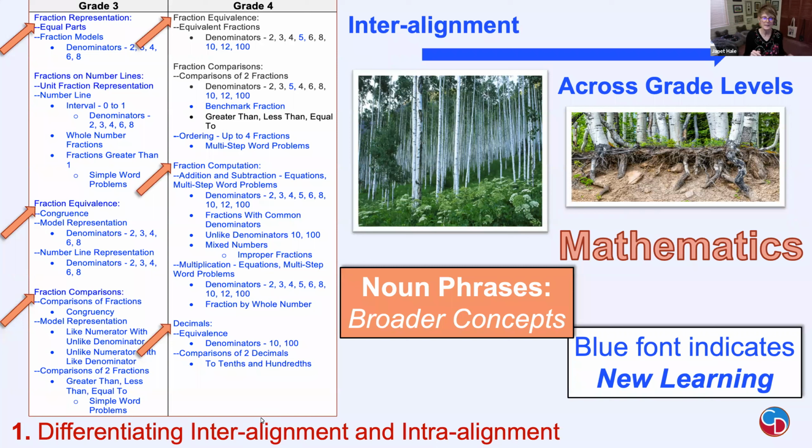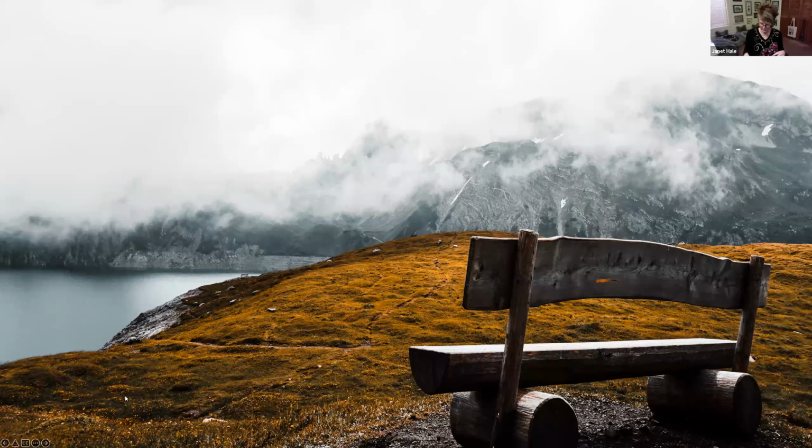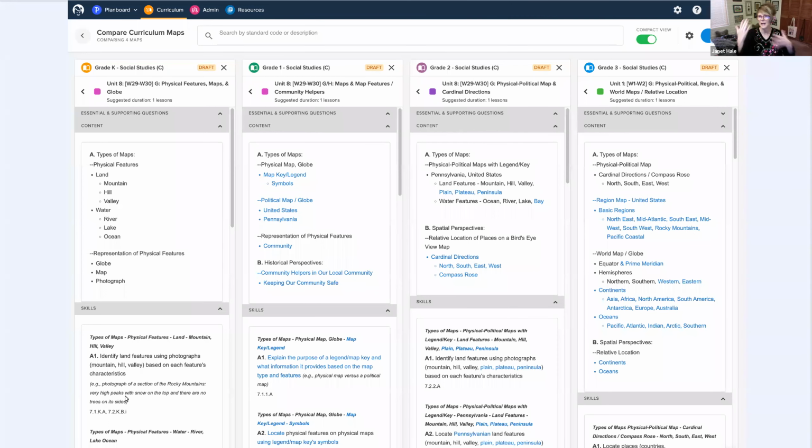So I want us to now be thinking about this from the idea of, oops, can you go back one for me, Keenan? How would this even look if we wanted to do a comparison in the platform that we're using, like Chalk? So Keenan, can you give them an idea of that? With this one, I use social studies, again, types of maps for an example, but can you show them how, if they were mapping and using Chalk, how would I find these and put them together to make sure we do have that? Because some of you might've been doing it all in black font, and you now want to make that a new piece of what you're doing. How can we find what we're looking for quickly? So could you show them that quick for me?